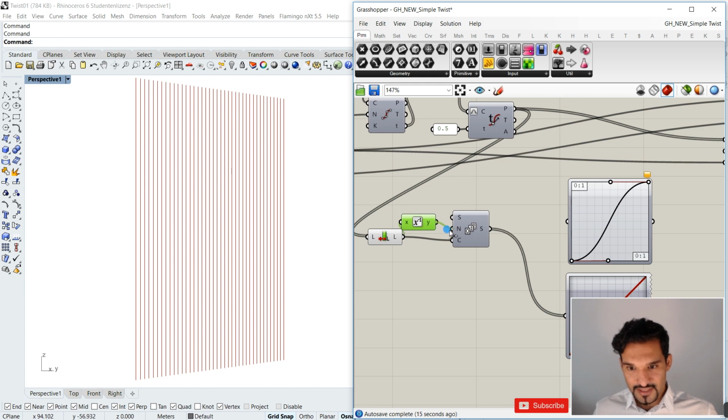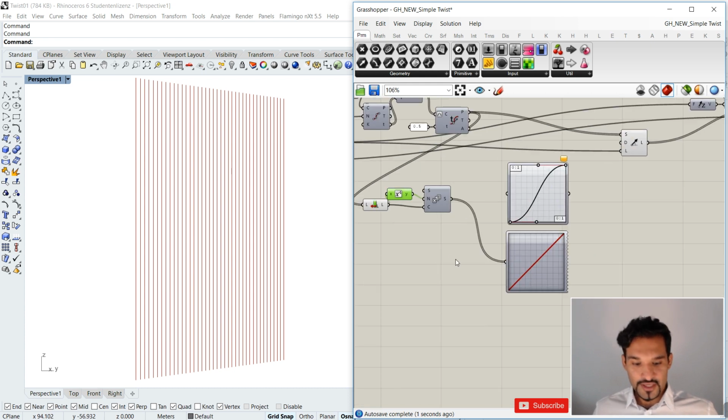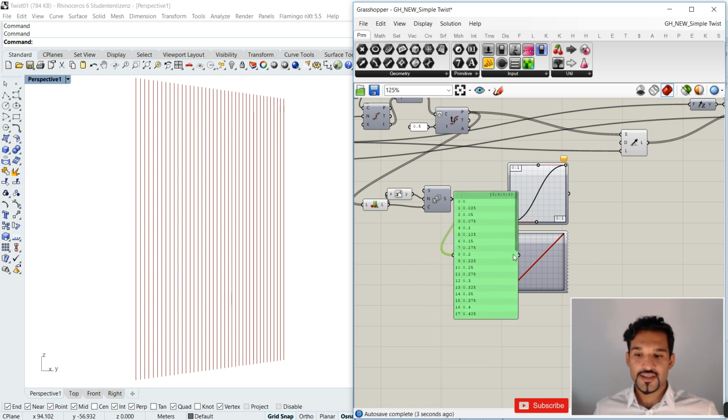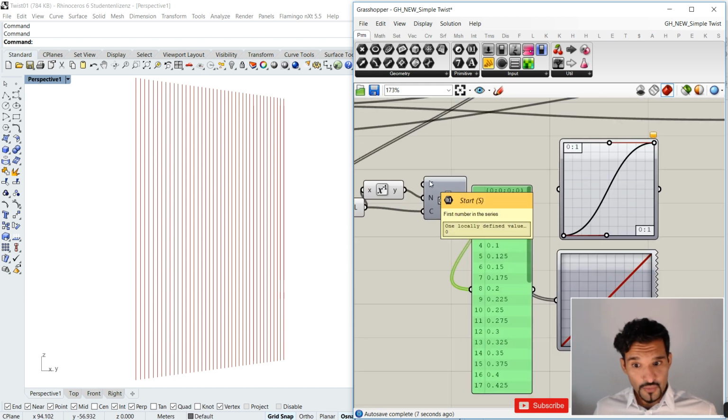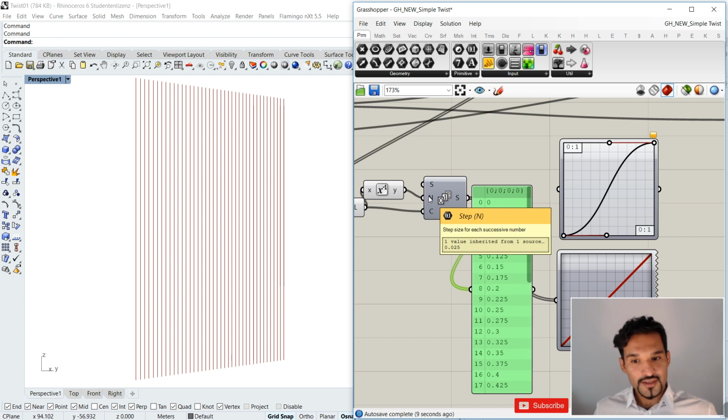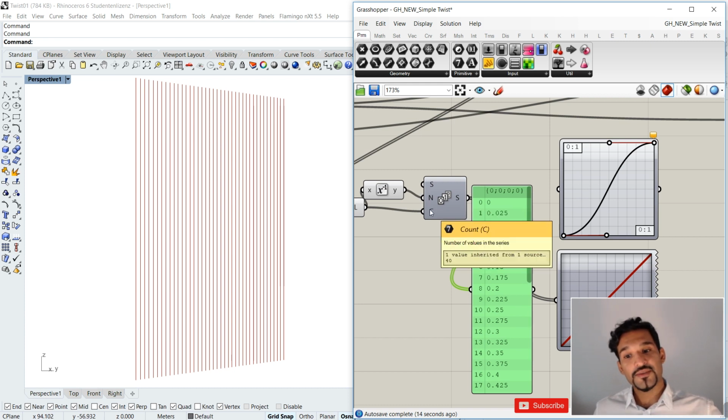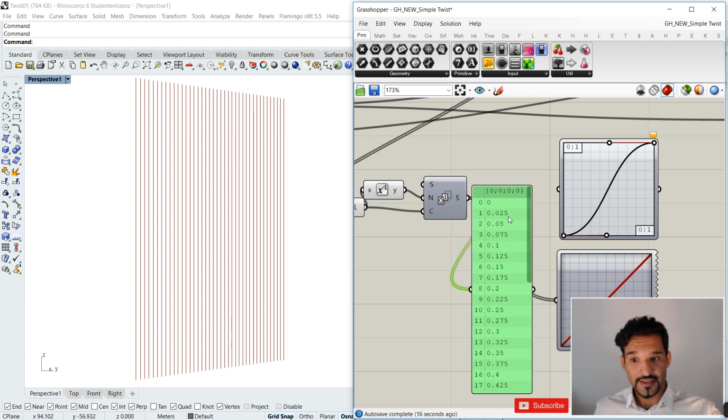Now if I put that into my stepping, I will result in a different list. As you can see, my values have been recomputed in such a way that now I start at 0, but my stepping is 0.025, and I want 40 times to be iterated through that. So basically I have my starting at 1 is 0.025, then I have 0.05, etc., till I end up at a number which is